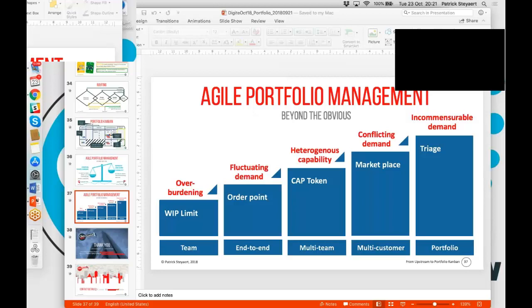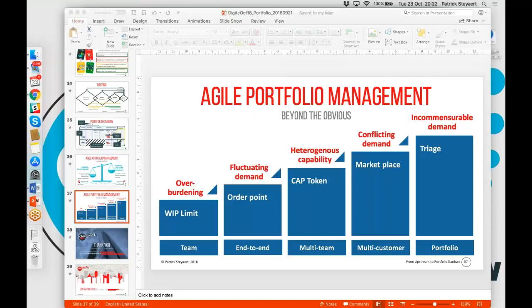I inspired myself on a technique out of quick response manufacturing, where they employ a system that is called Polka. The difference between quick response manufacturing and a typical lean manufacturing is that in lean manufacturing we have a quite linear, one-size-fits-all production system.